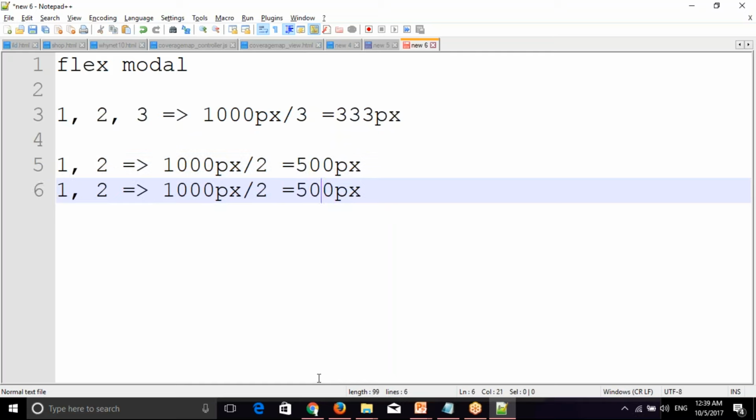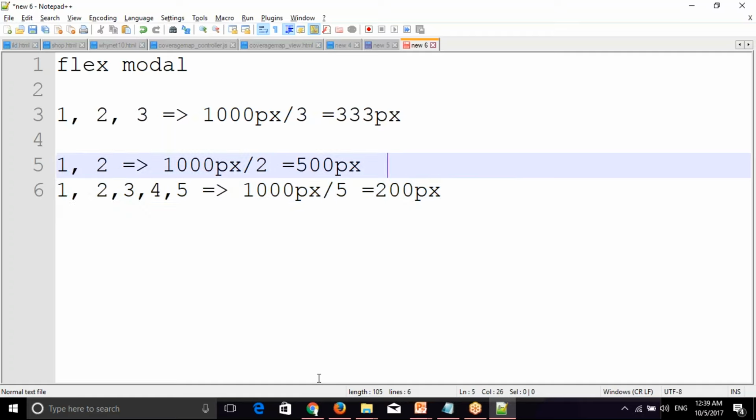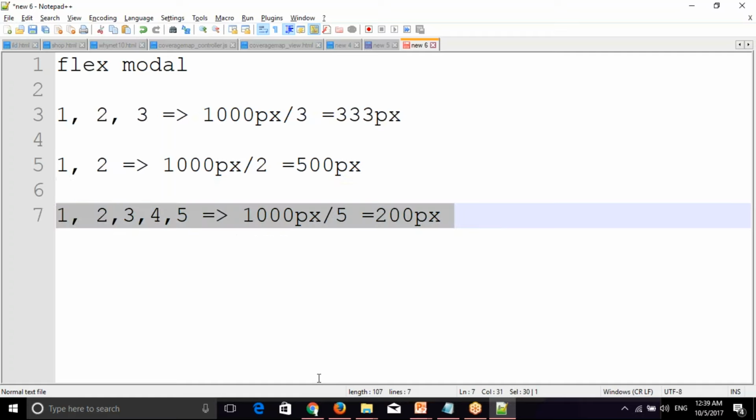That's fine. Next, if you want to keep 4 or 5 elements, again you have to do manual calculations. You have to specify how many items you want. By default, it won't take it as, yes, I have 5 elements and need to keep them in one row like columns.